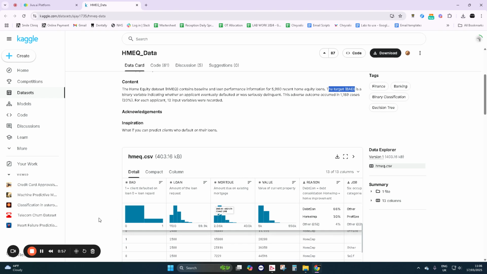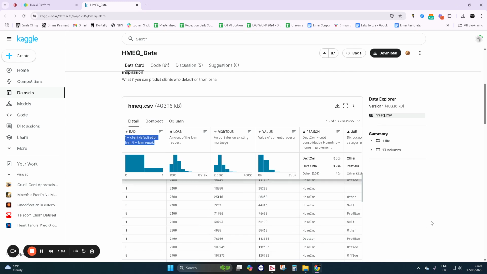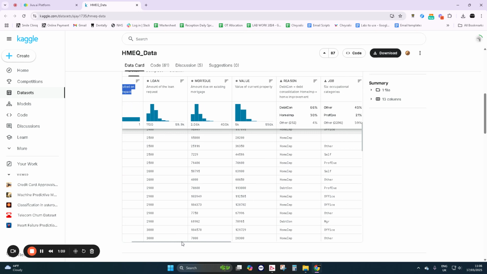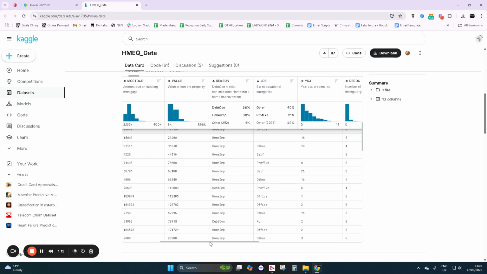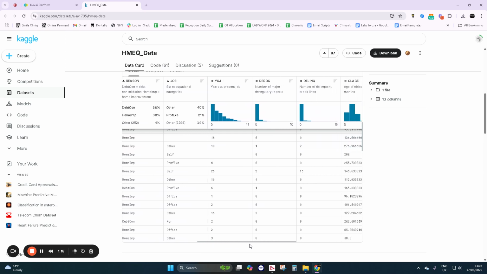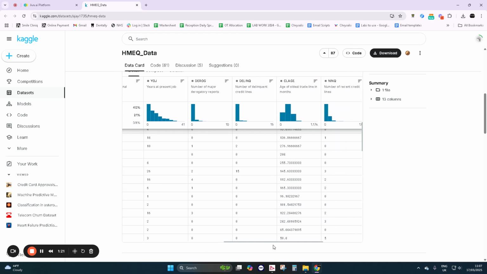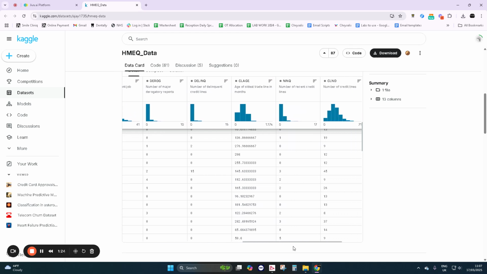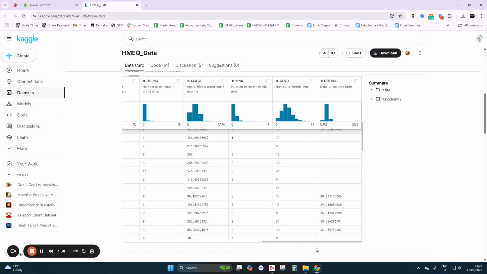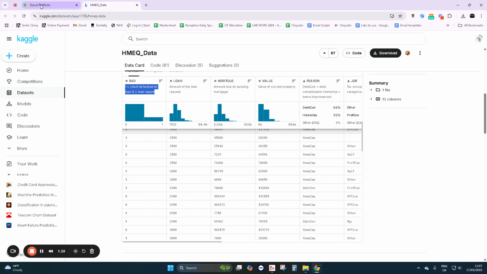We've got about 6,000 people, and you can see whether the client defaulted on their loan or not, the amount of the loan requested, the amount due on the existing mortgage, the value of the current property, why they took out the loan, occupation, years at the present job, number of major derogatory reports, number of delinquent credit lines, age of the oldest trade line in months, number of recent credit lines, number of credit lines, debt to income ratio. So we're going to jump onto the platform